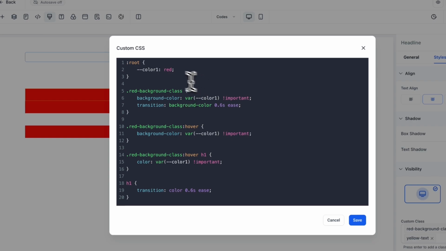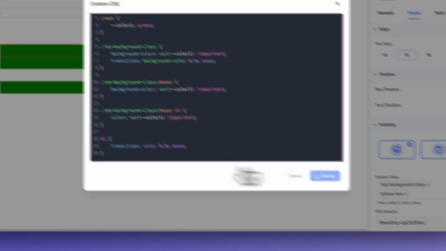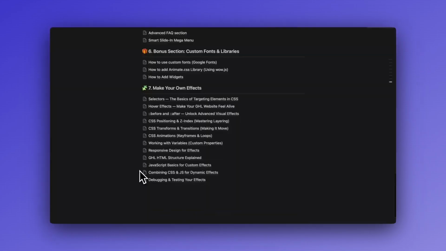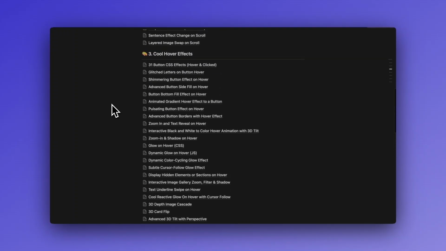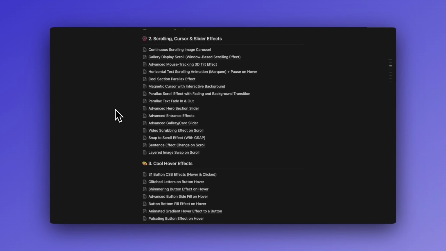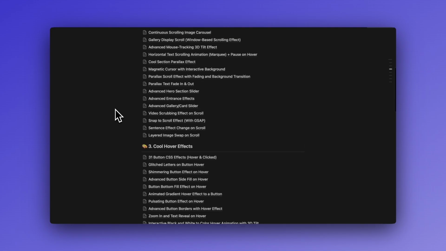And of course, if you want to change the variable, instead of going here and here and here to change the color manually, you can go here, change it once, and it will be applied to the whole page, as you can see right here, right? Everything changed smoothly to green. And of course, you can use JavaScript to dynamically update these variables. And as I said earlier, a lot of effects from my Notion doc use variables, so that's why I thought it would be important for you to understand how they work,